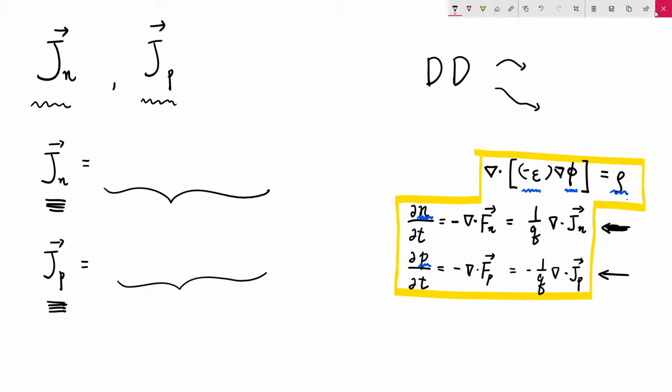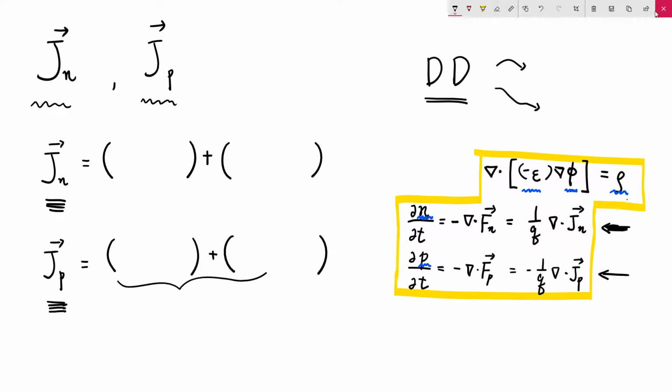But anyway, we will just stick to the simplest one, the drift diffusion one. The name, drift diffusion, is related to drift and diffusion. So we will introduce two terms related to drift and diffusion. Of course, even for holes, we will introduce two terms, drift and diffusion. So let me just write it down this way. It is given by